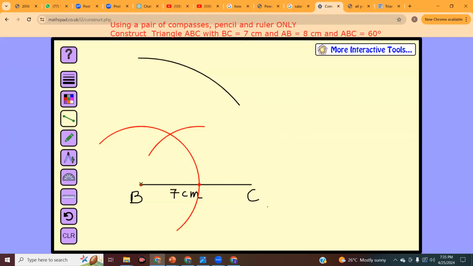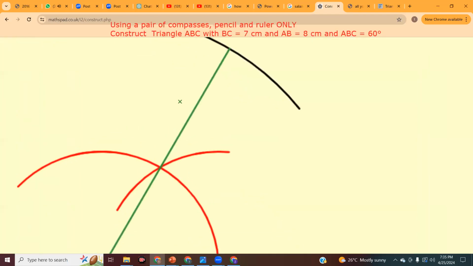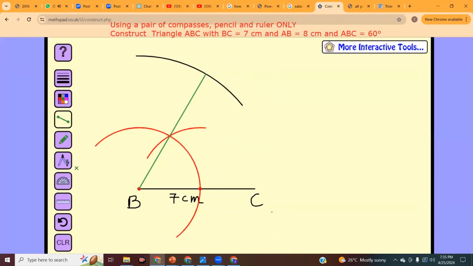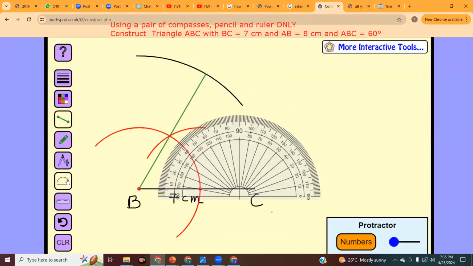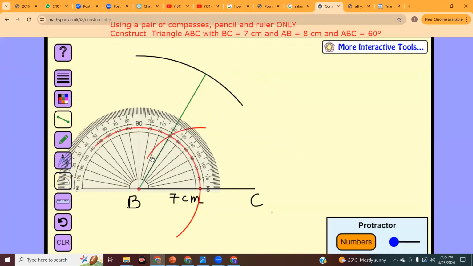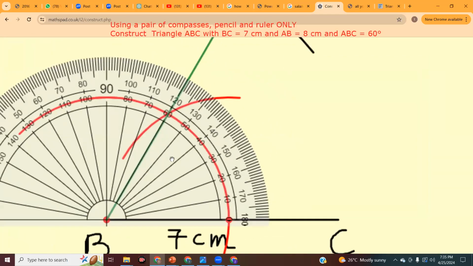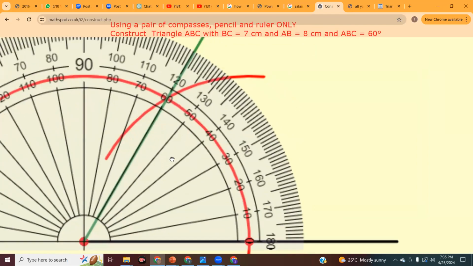So we're gonna go from this point all the way to, are we gonna pass this arc or are we gonna just touch it? Touch it. Just touch it, right? And so we have this right now. And so this is 60 degrees. And so let's measure it out, right? This should be exactly 60 degrees. Yep, just about. So this is 60 degrees.